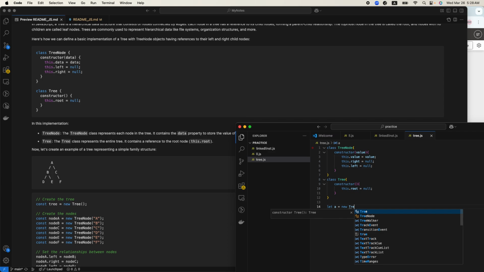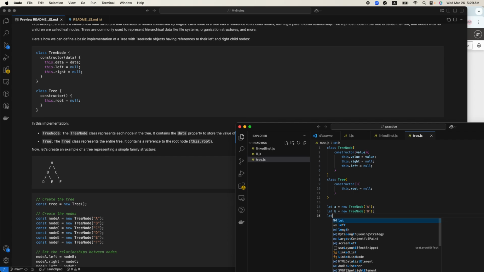I create an instance of that node, and the value is given directly through its constructor, and let's give directly the label that they have. For example, I pass the character A, and then let b equals new TreeNode B, and let c equals new TreeNode C,